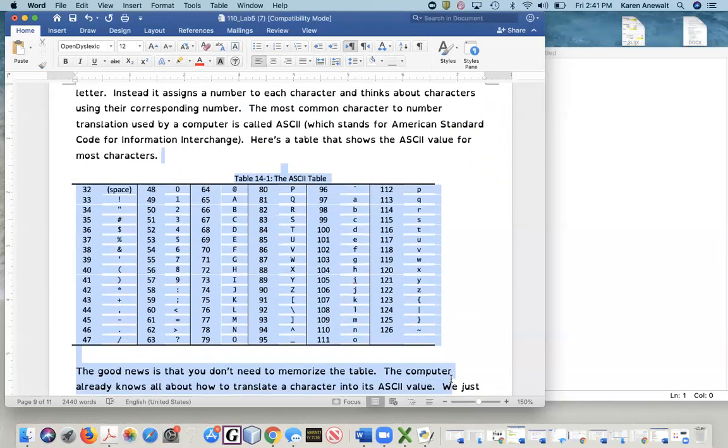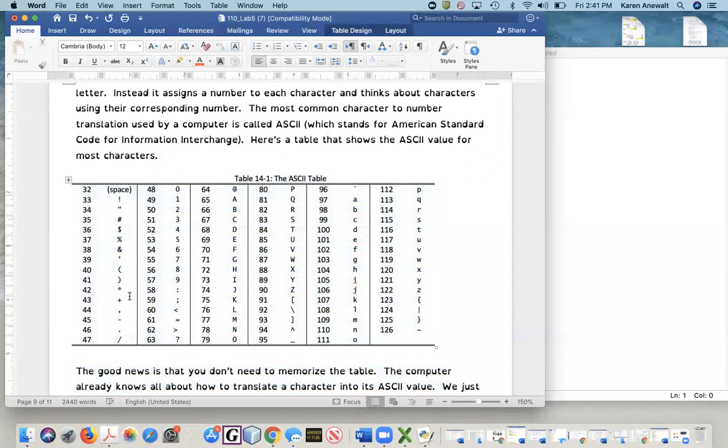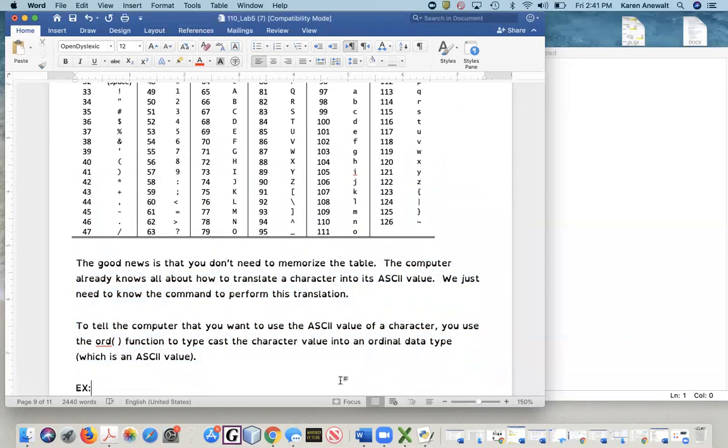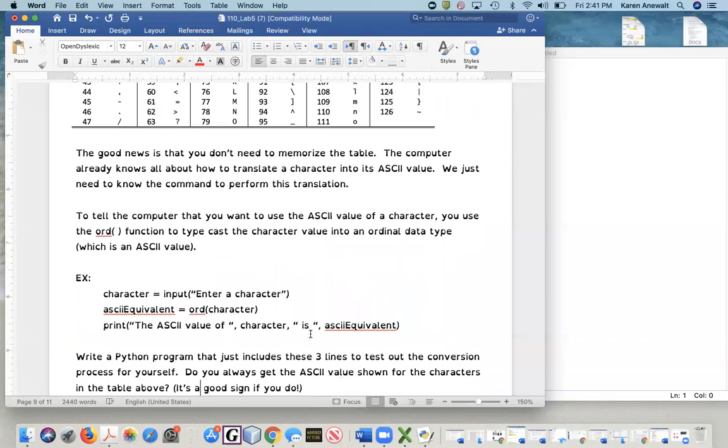We're going to need to know about ASCII values. ASCII is just a way that the computer stores data about individual characters. Remember, the computer likes to work with things in numbers because that's easier for it to process. So it actually changes all the letters that we type in to be numbers, and one of the ways it can do that is through using ASCII. And good news, you don't really need to know a lot about this because the computer handles it all for you. It has a method built in that allows you to enter a character and change it into a numeric